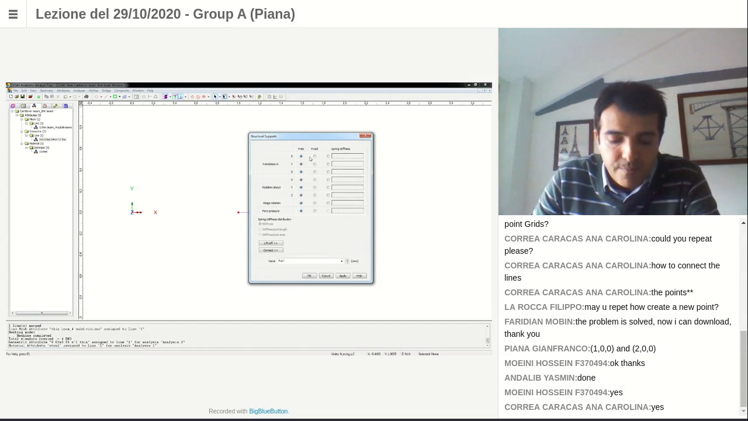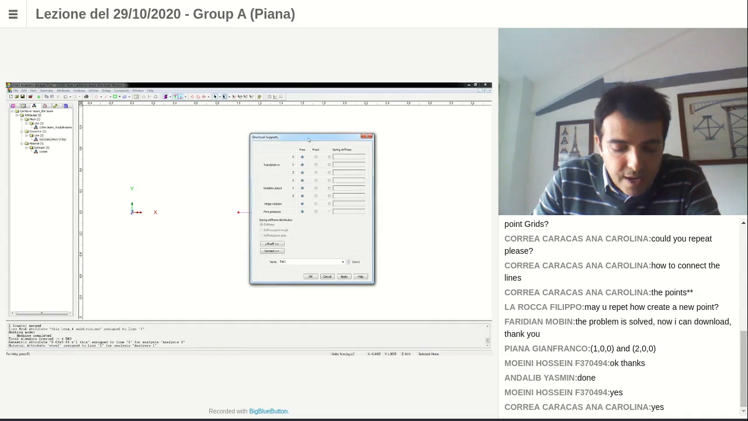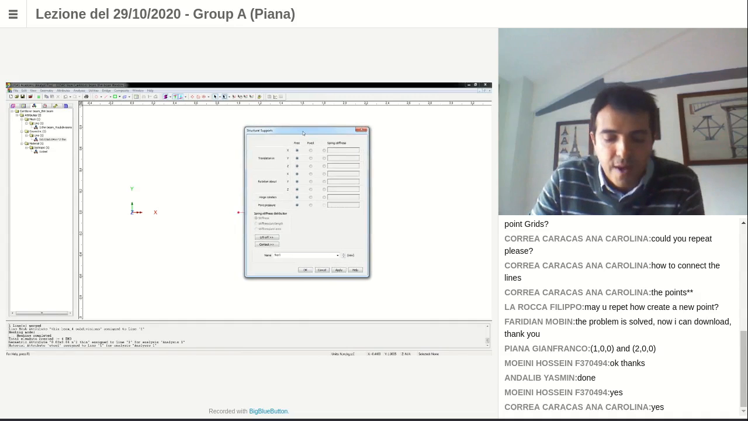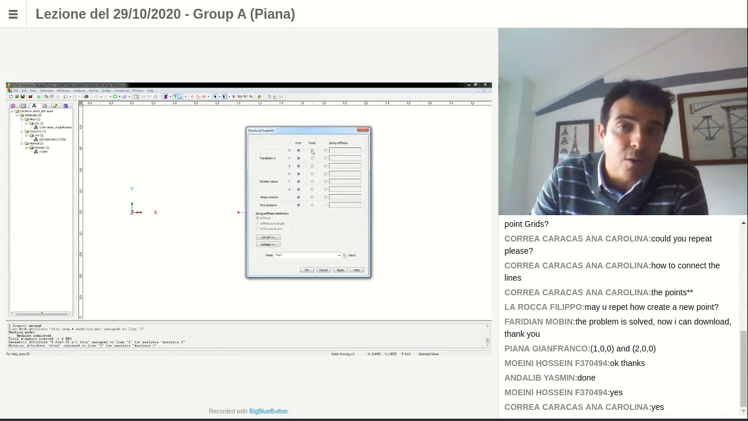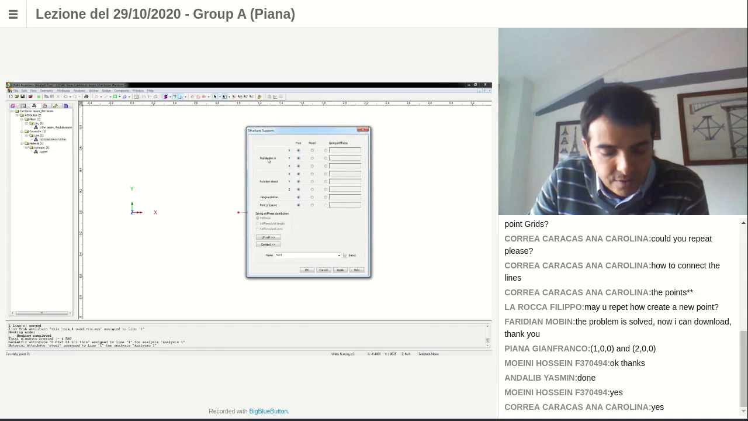So the 3 needed constraints are the following. Constraint components are the translation along x, so translation in x,